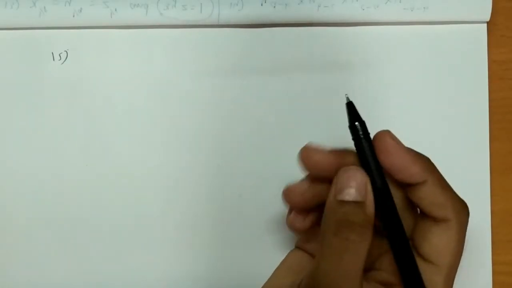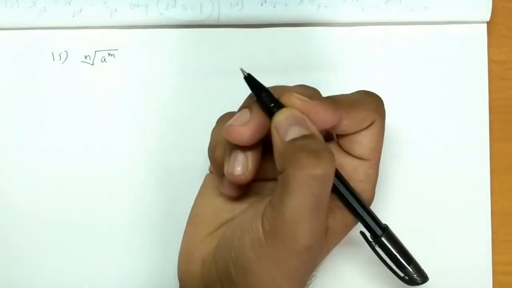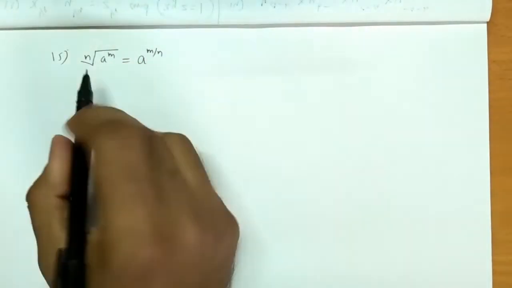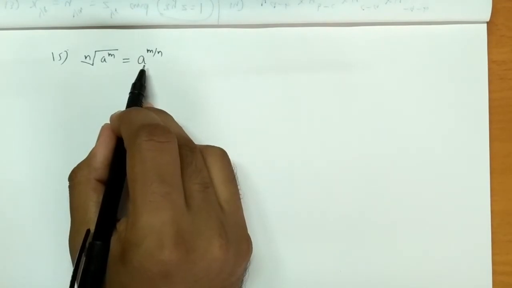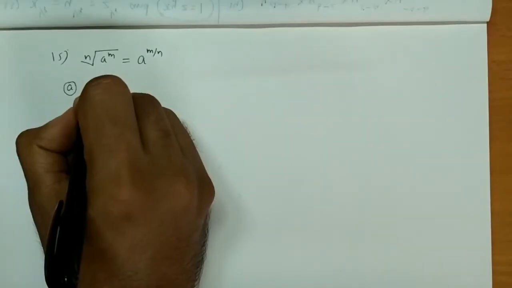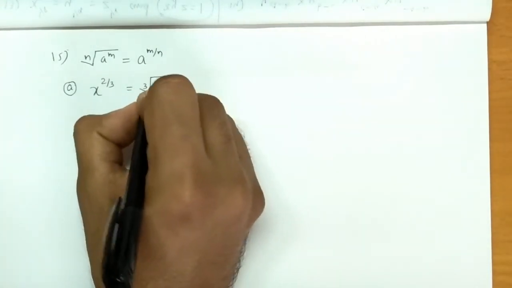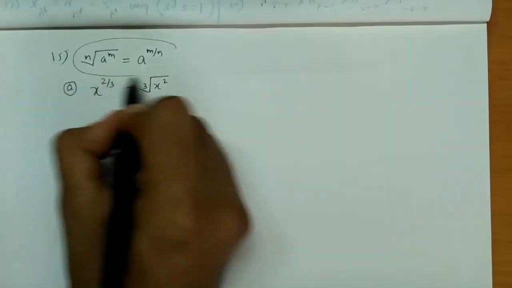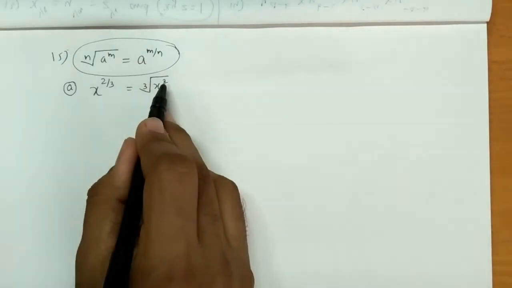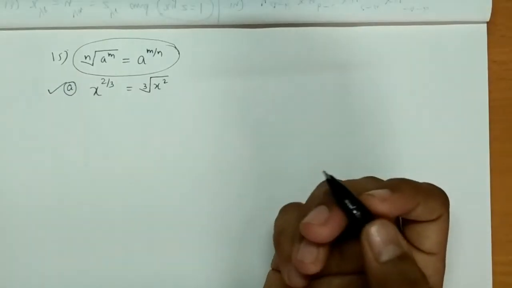अब question 15 के लिए we know that nth root of a raised to m इसको हम लिख सकते हैं as a raised to m by n. तो अगर आपको ये याद होगा by laws of indices, so you can easily say the answer is option A. So if you see option A, we have x raised to 2 by 3 equal to cube root of x square. So if I apply this, right, I get this answer. So x square is under the cube root. So I could write this as x raised to 2 by 3 and which is given as x raised to 2 by 3. So option is A.